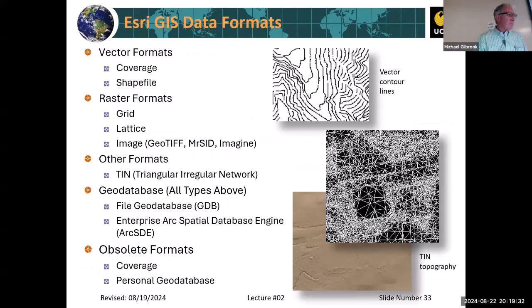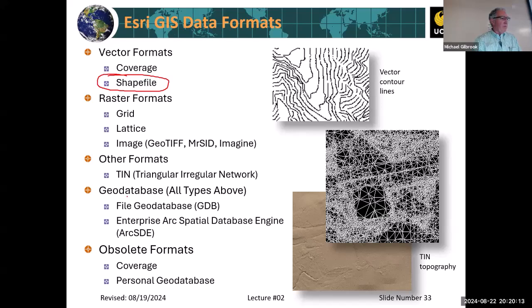risky thing to do. Just a summary here of some of the other data formats that we might be dealing with. There's some really old data formats known as coverages and shapefiles. We still see a lot of data in shapefile format because it's easy for organizations like cities, counties, and the federal government to store data in that format and make it available on the internet for people to download. It's not a particularly good data format to use. So what we recommend is if you get data in shapefile format, you ought to convert it